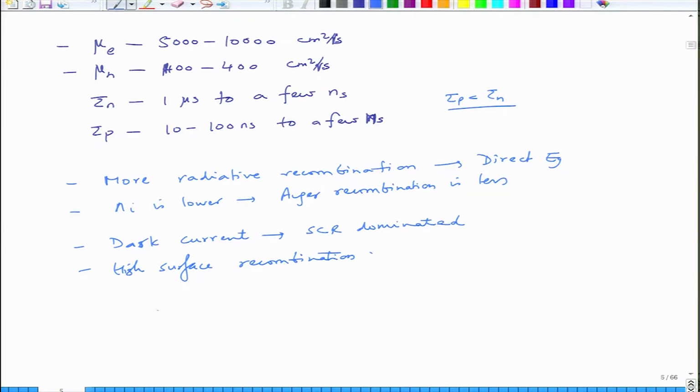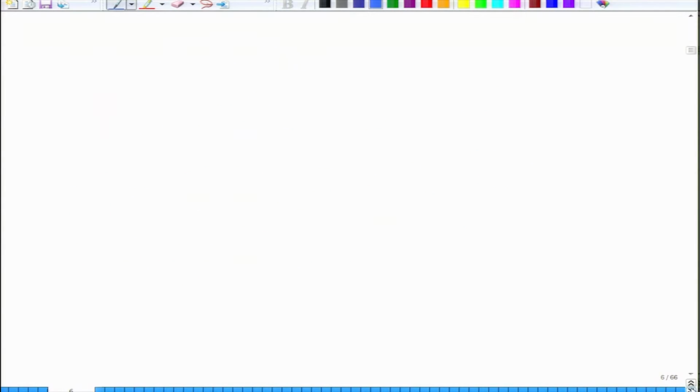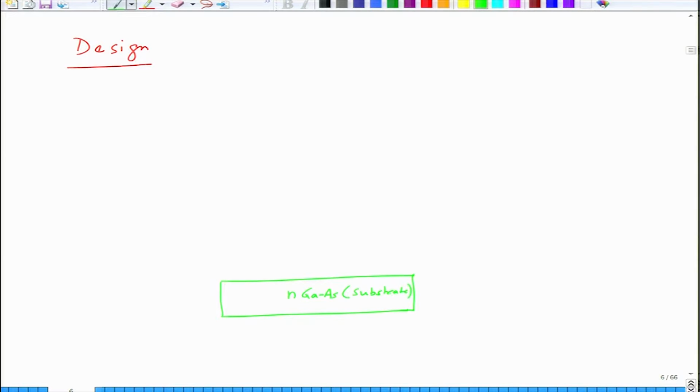So, generally gallium arsenide solar cell, the design is like this. You can start with the bottom layer, let us say. So, we have N gallium arsenide as substrate, all right, and then we have the back contact. So, let us first make the device and then we will put the contact, and then there is an intermediate layer in between,